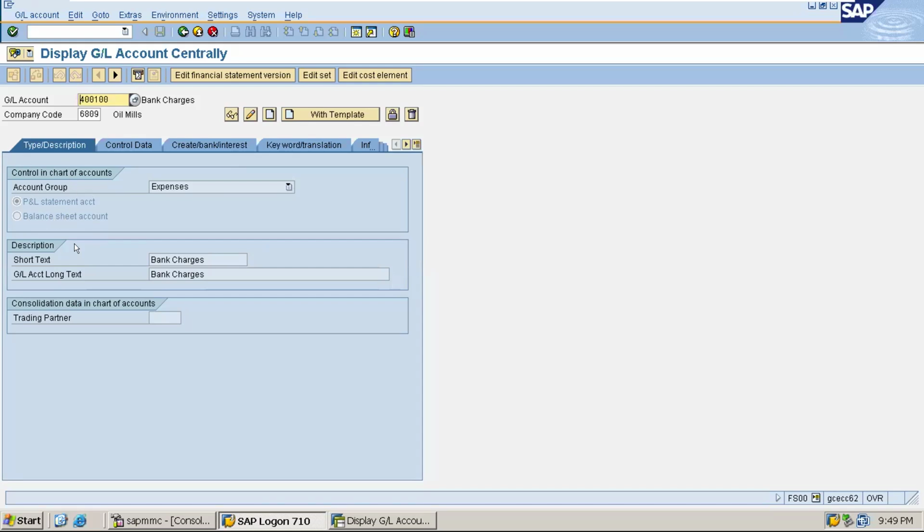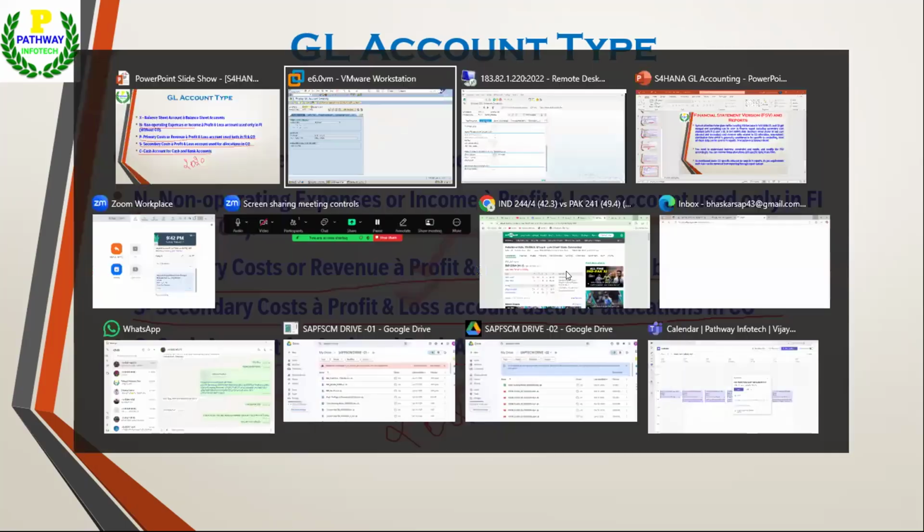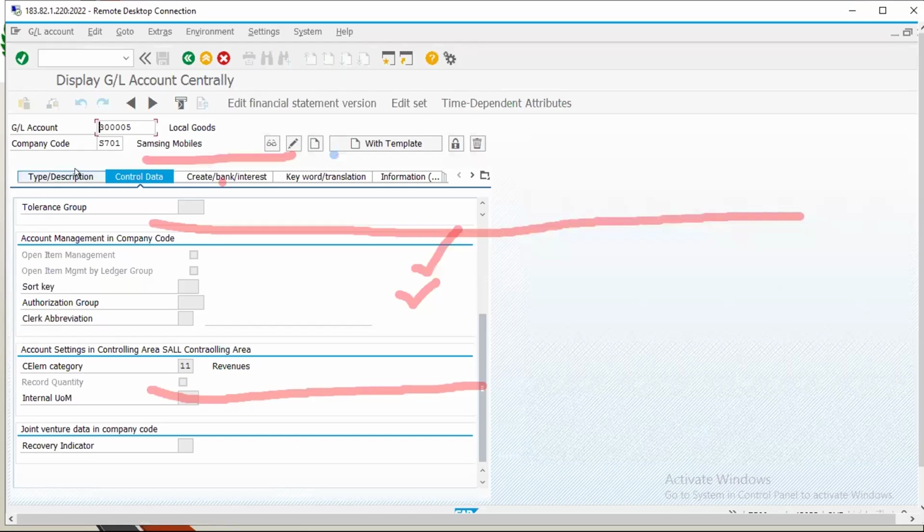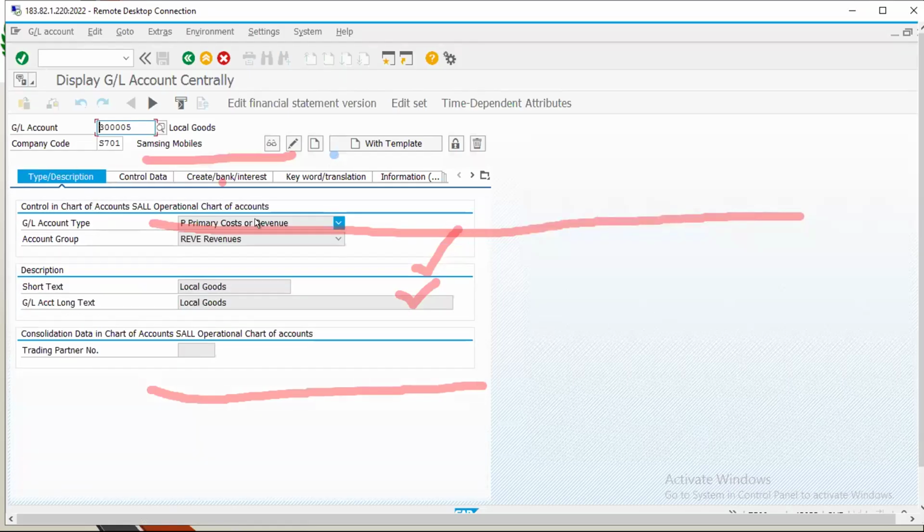In ECC, we had only 2. But in the S4 HANA system, there are 5 account types: cash account, non-operating expenses or income, primary costs or revenue, secondary costs, and balance sheet item.